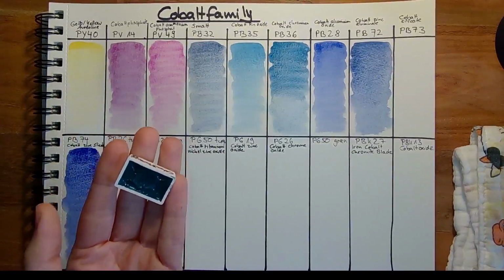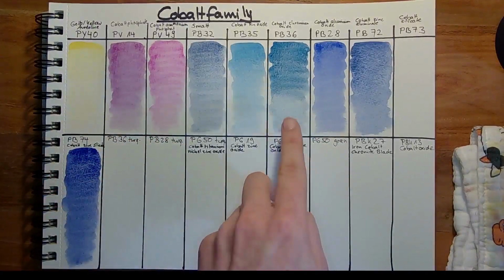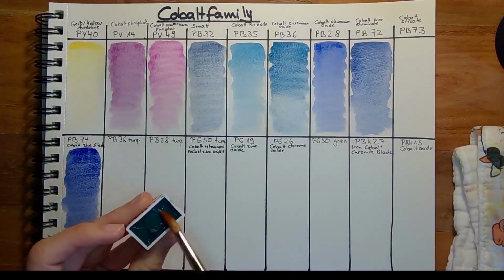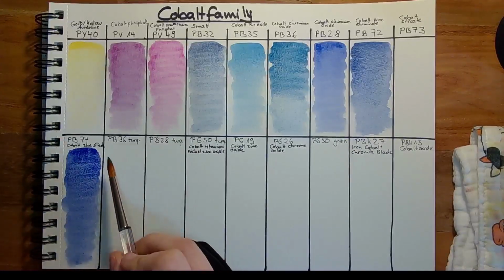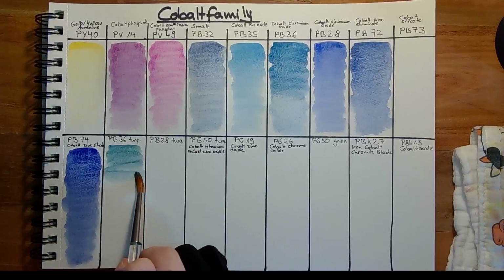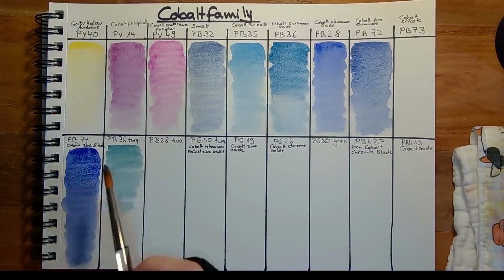So the next are the cobalt turquoises, and the first one is the PB 36. So we have already swatched it above as a darker cerulean blue, and some of the cobalt pigments like PB 36 can make different colors, which is depending on how they